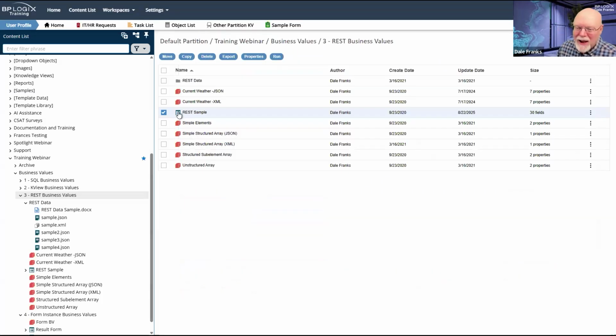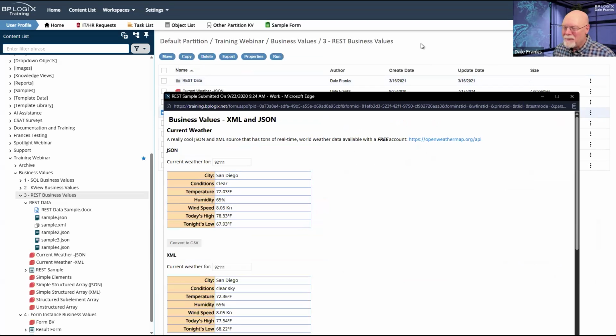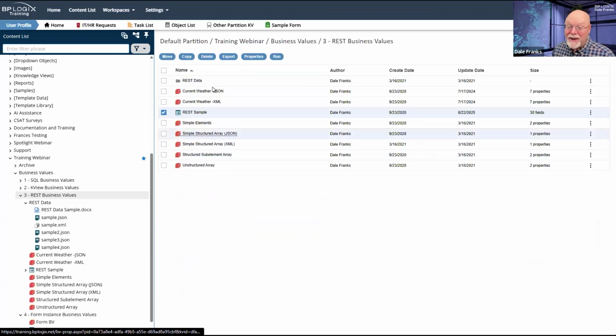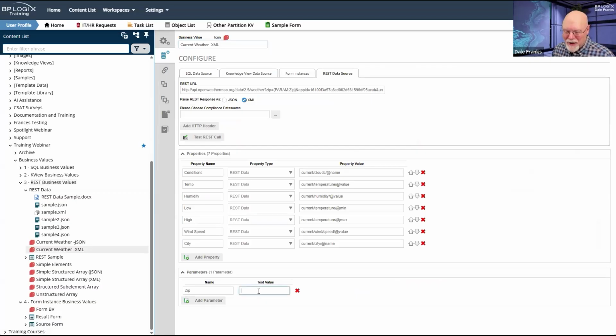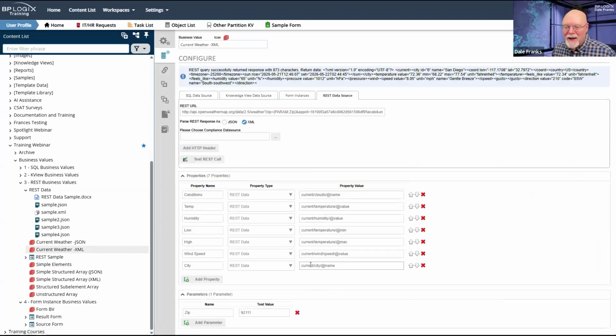So if we go back and test our business value with a valid zip code, and test REST call, I'm going to see data, but it's going to be real confusing, right?